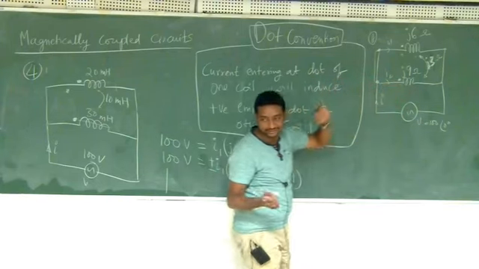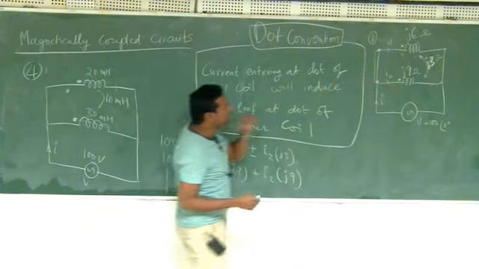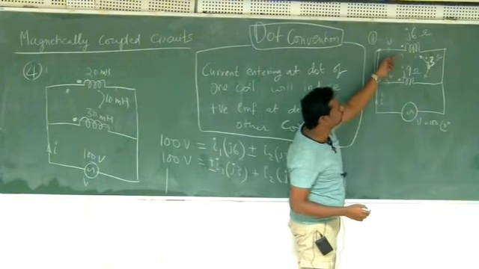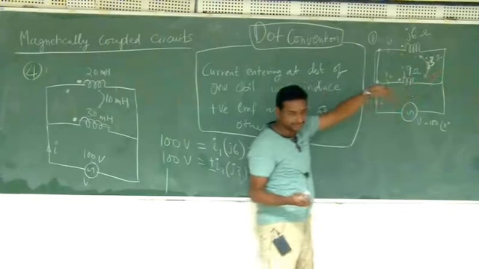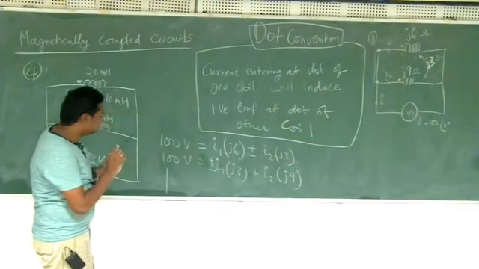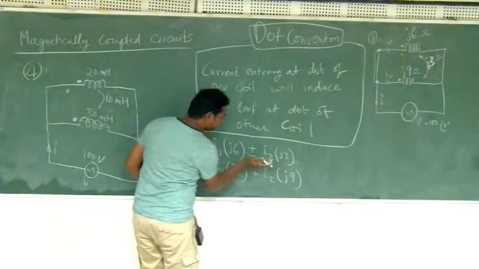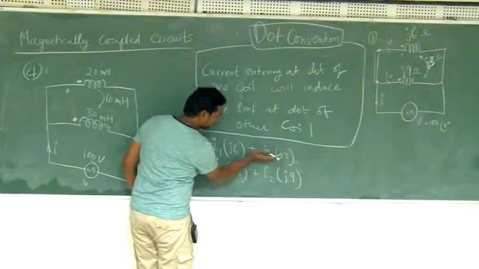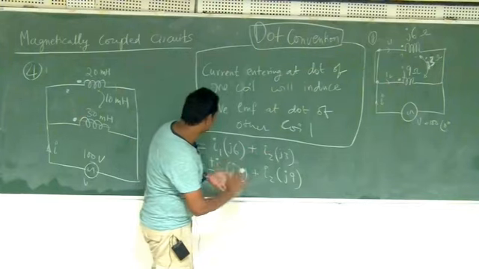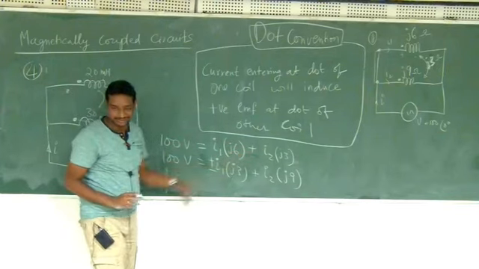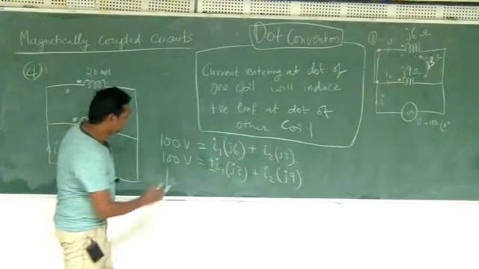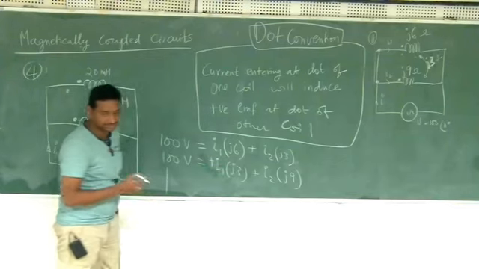So that is the thing. Current I2 is entering this dot, so it will induce positive voltage at this point and negative voltage at that point, in KVL. I'm just repeating the same thing. So in this case I should use plus or minus. Because this equal sign is there, I should keep it on the other side, it goes to the other side and will become plus. The same logic here also, it will be plus.